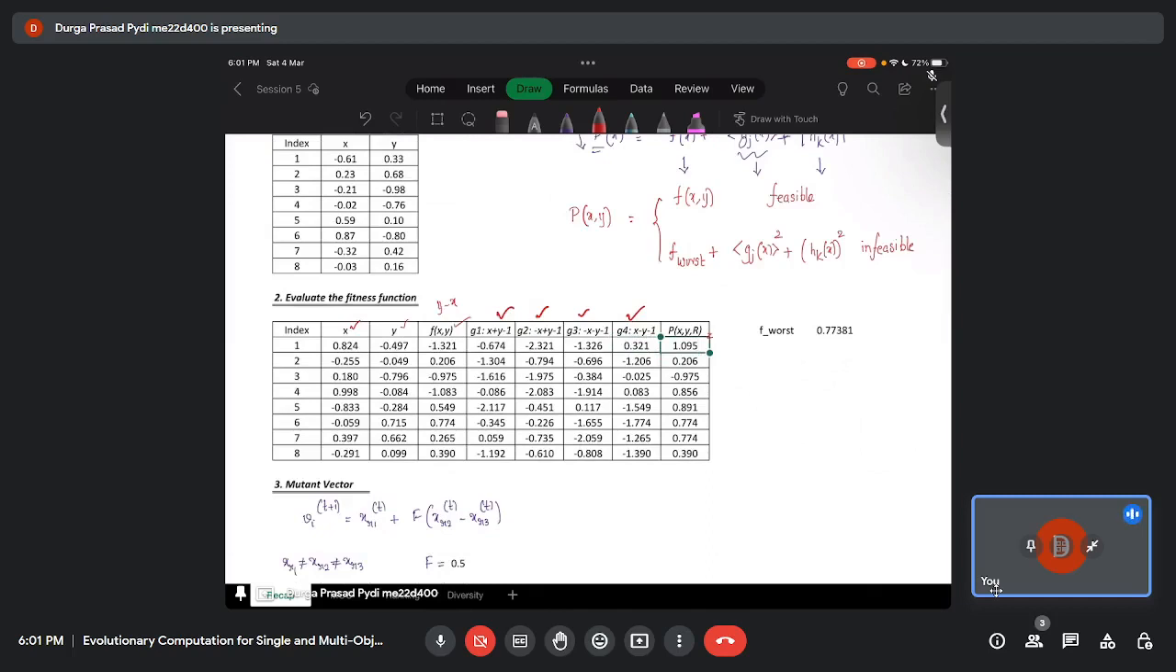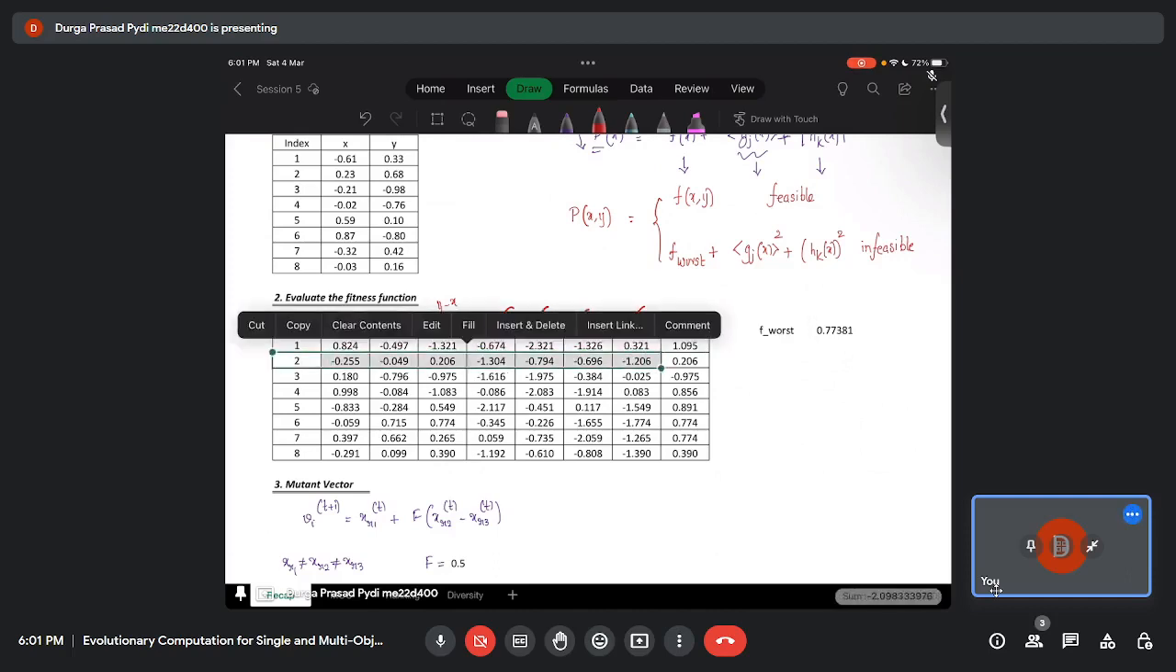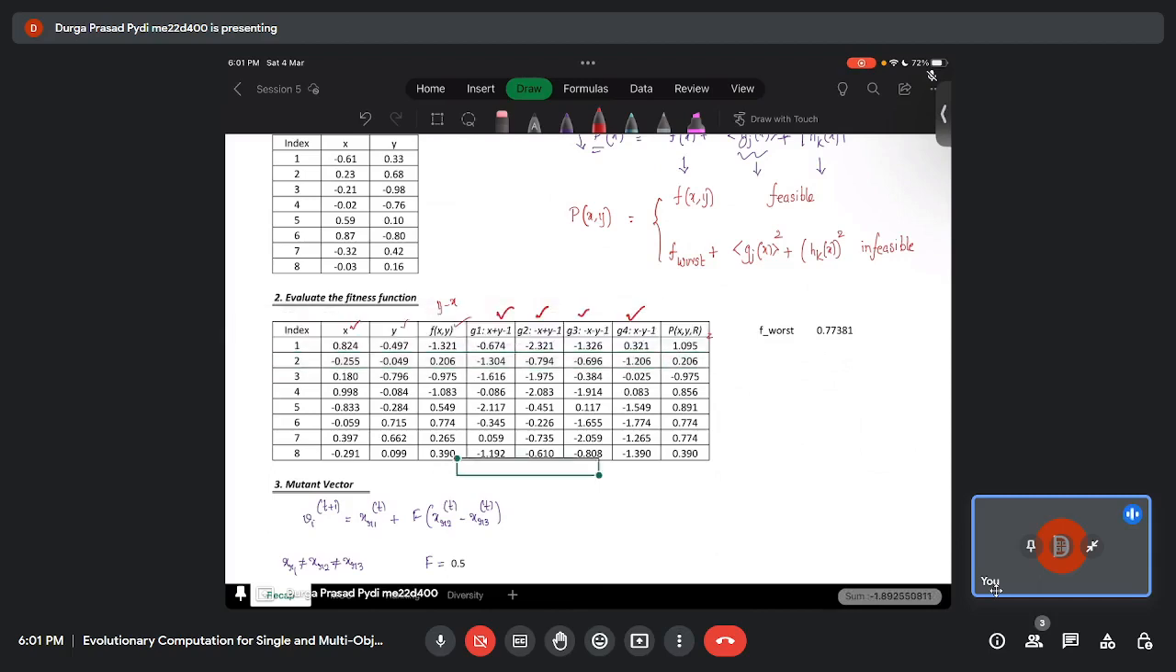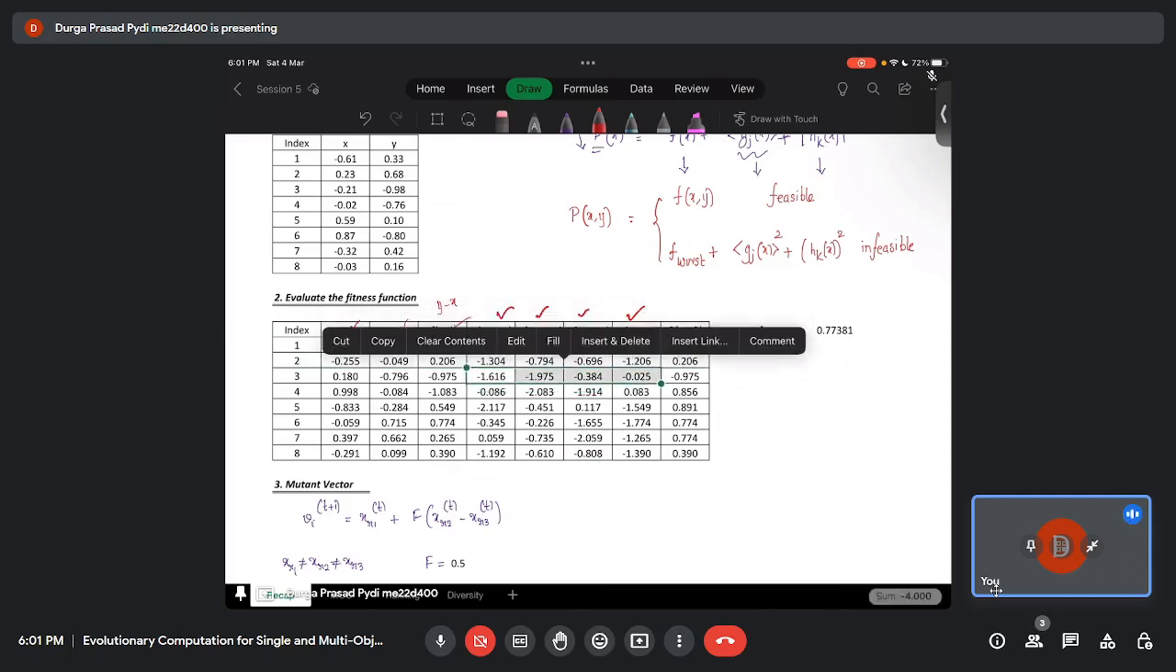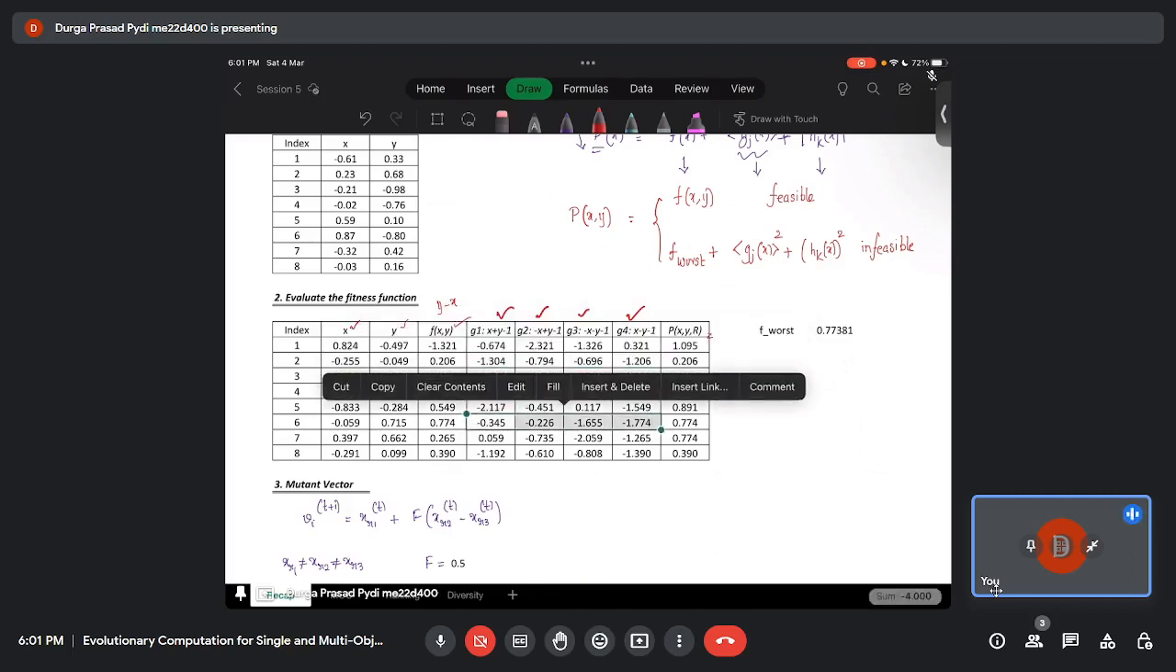First I need to identify the set of feasible solutions. My feasible solution should be the one where all g's are negative. So this is one solution where all of your g values are negative, so this is one feasible solution, and then you have this again a feasible solution, and this particular one is also a feasible solution where all g's are negative. Out of these 3 feasible solutions,